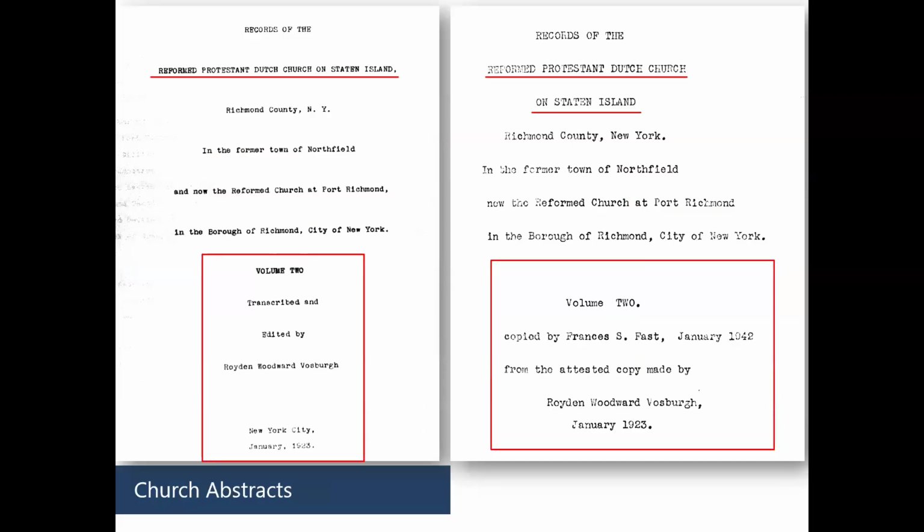And just when you thought it was safe to go back into the abstracts, I have been working in some records of late that are often referred to as the Vosburgh collection. Over on the left-hand side, you will see Royden Woodward Vosburgh. He has transcribed a ton of church records in New York, and they are basically a go-to if you are